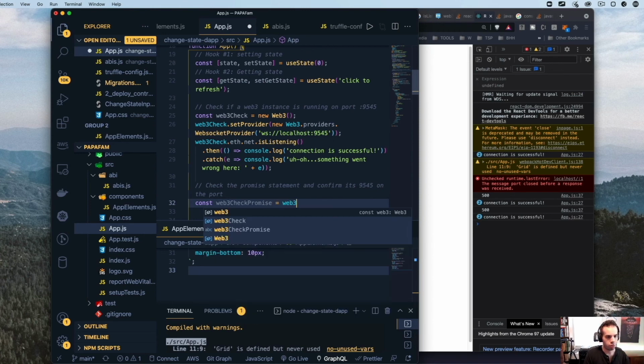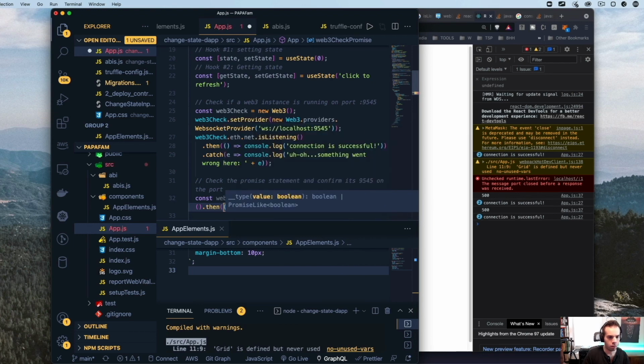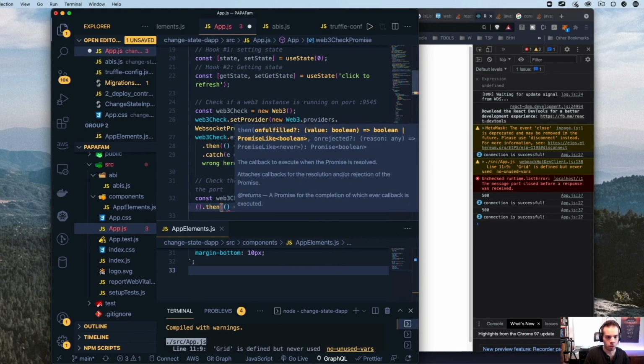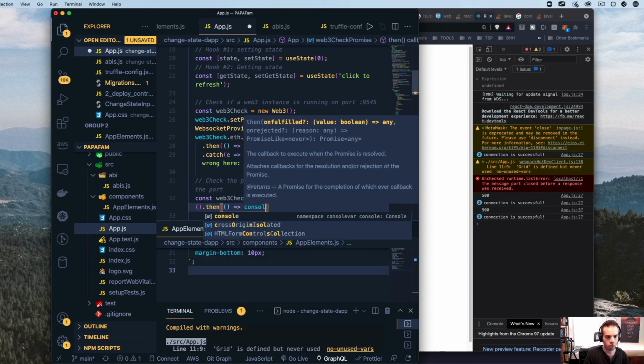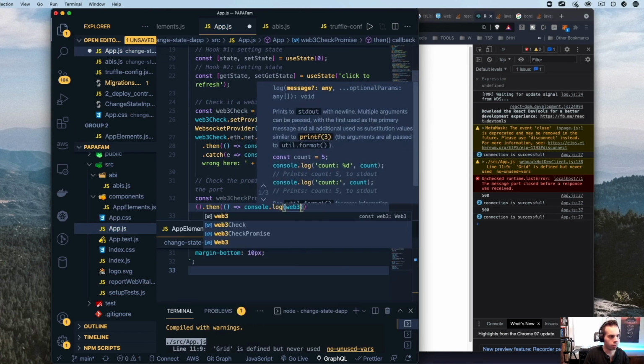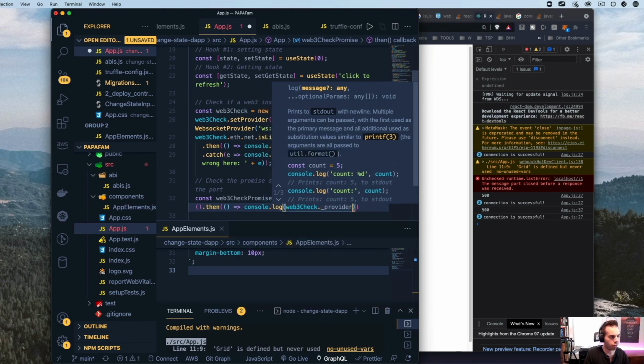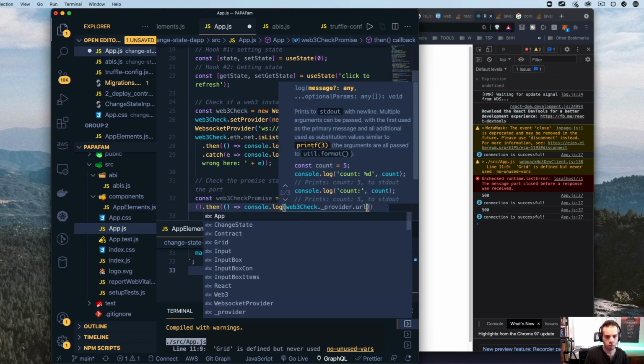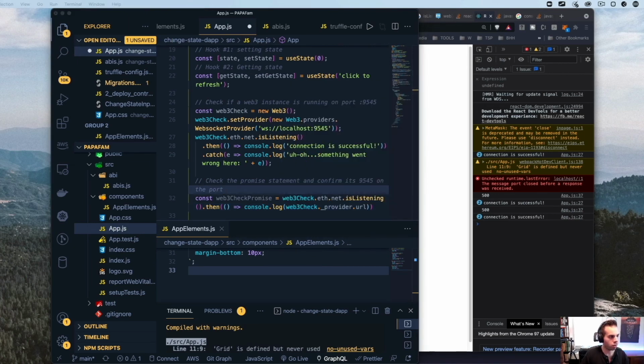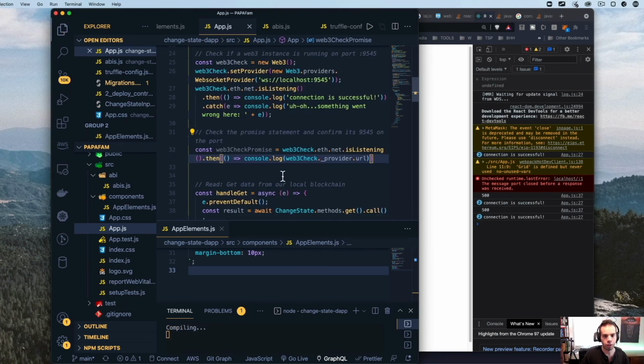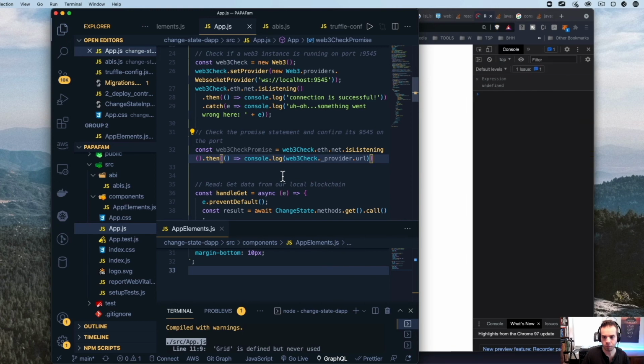We're then going to do web3 check.eth.net.isListening. Then we're going to do an arrow statement, console.log web3 check.provider.url, and specifically what we're going to do after that is save that, and see if it's returning anything back. So let's find out.